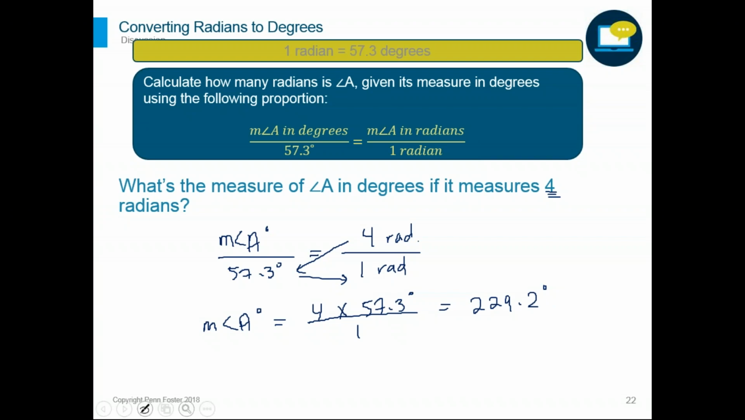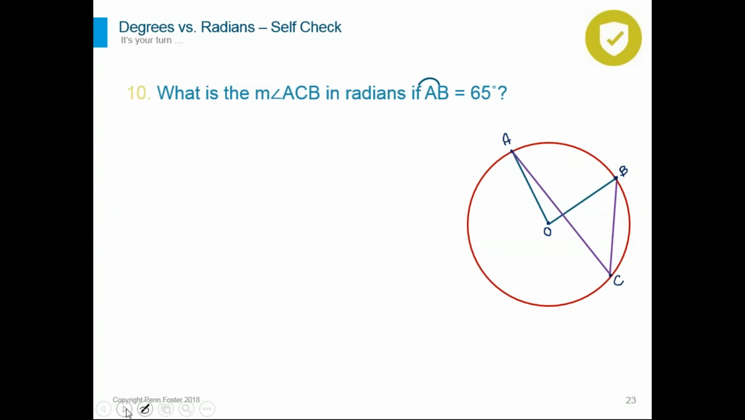Okay, it's really simple. So let's do one last practice question in this webinar. What is the measure of angle ACB? Okay, ACB is where? ACB is an inscribed angle. What is the measure of this angle in degrees? I'm sorry, in radians. So the question is asking you to find the measure in radians if they give you the measure of the arc AB in degrees. So AB is 65,